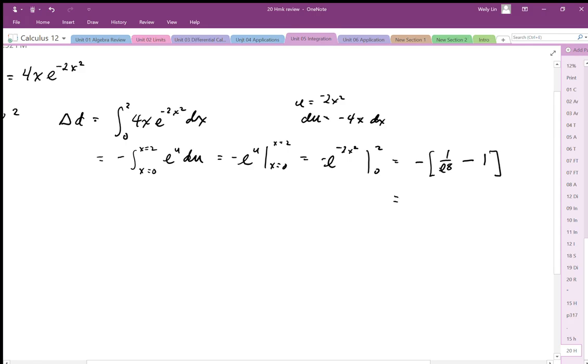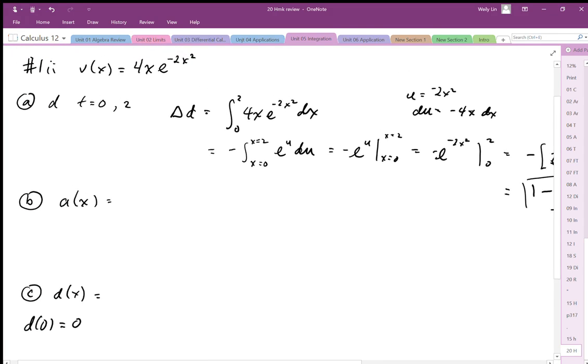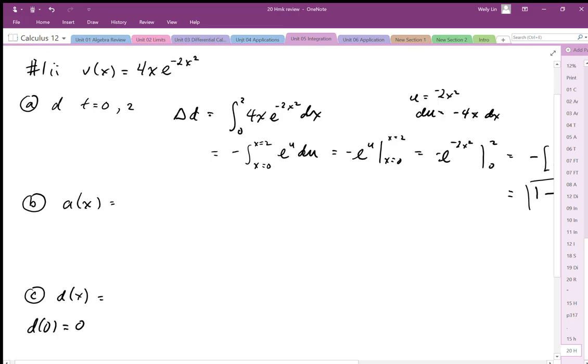So we end up with the area, or the displacement, being 1 minus 1 over e to the 8. You can work out that decimal value. For the acceleration, it is going to be the derivative of the velocity, so it's going to be v prime of x. So we're going to end up with,